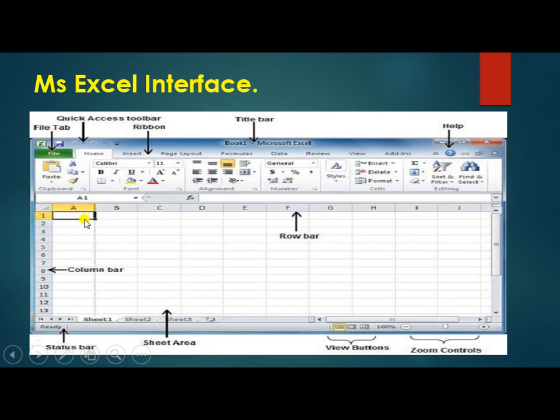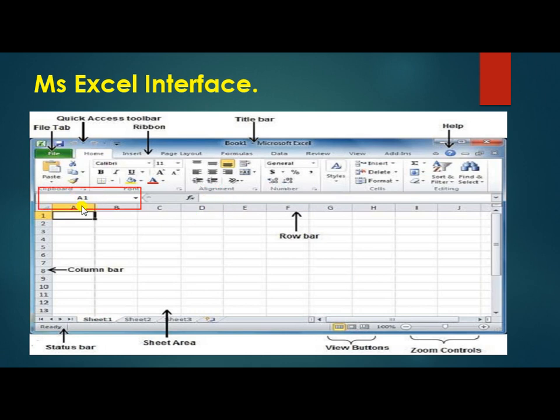Here each box is called a cell. The first one is called the name box. It is located beside the formula bar. What is the formula bar? Whatever we write here we can calculate, so this area is called the formula bar.